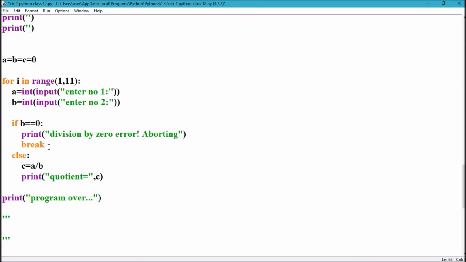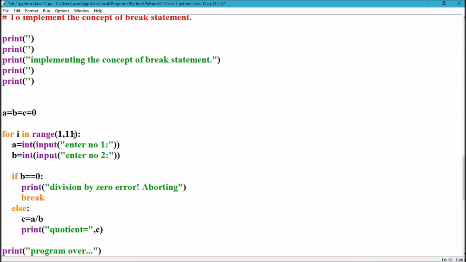Sometimes we are stuck in a situation where we don't have an alternative, so we are forced to come out of a particular task. There we will use it. So here we are implementing the break concept with the help of a division error example. It will ask you to enter two variables, a and b, and then we will be